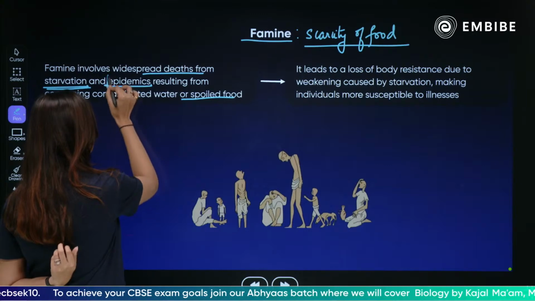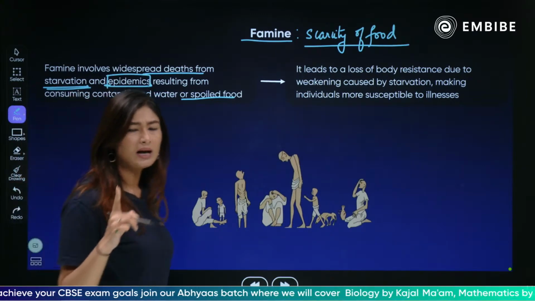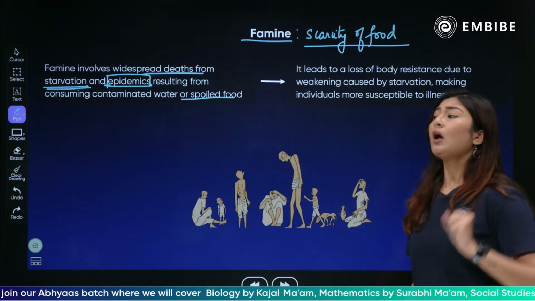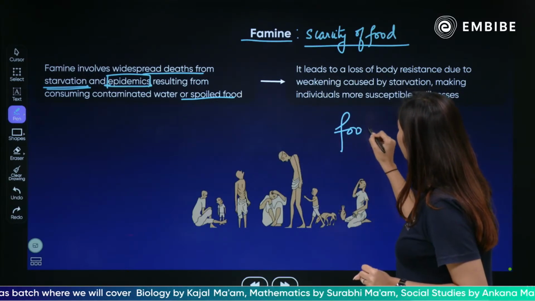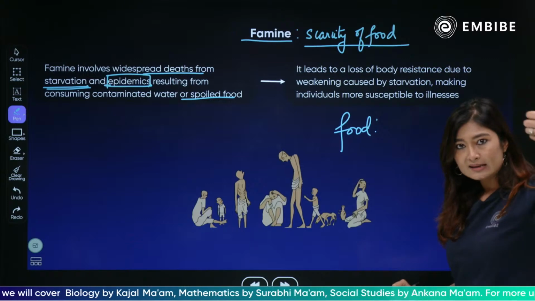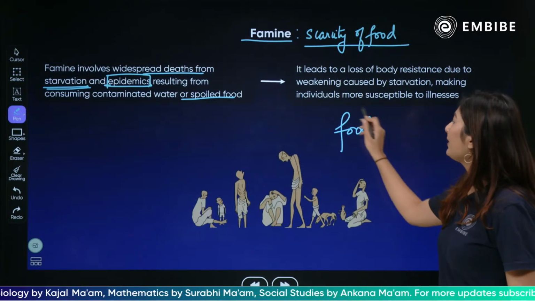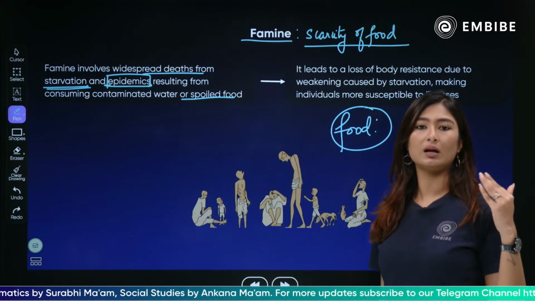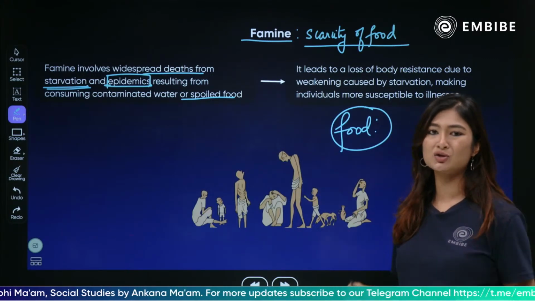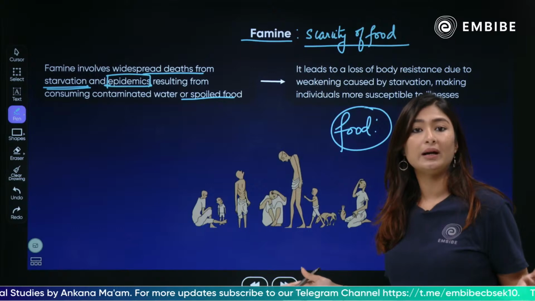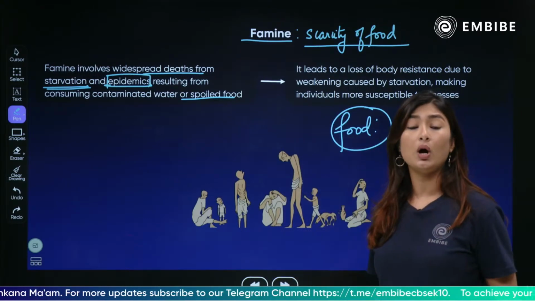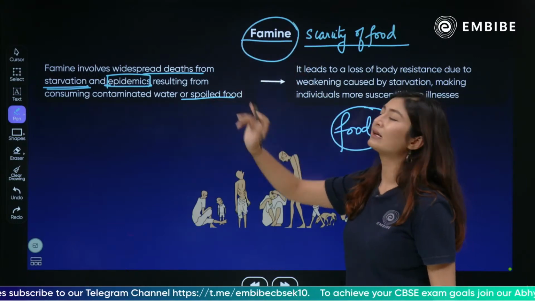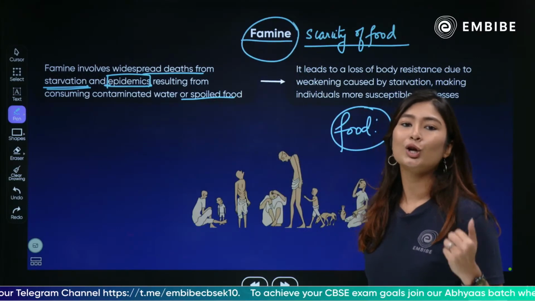So, this is food related. Like cholera, if I am not wrong, happens from food. I am not 100% sure. But the point is, where food is the reason behind the scarcity and the deaths. So what will happen? Either you have consumed poisonous or contaminated food or water, which will lead to sickness and a lot of people will die, or you're not getting any food at all, and because of that a lot of people die. Such cases are known as famine, and when the food is contaminated, water is contaminated, you cannot consume it.